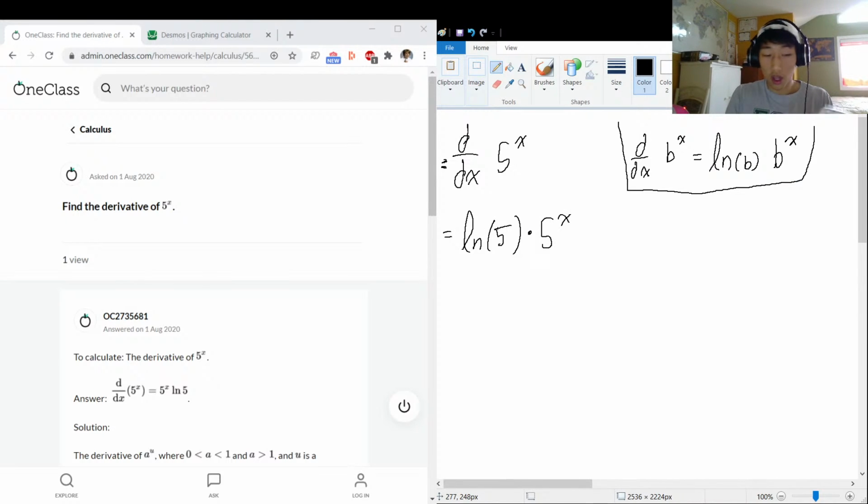And what is the natural logarithm of 5? Pulling out my calculator to find out. Natural log of 5, 1.6094. This is about equal to, because typically you want to leave it like this so that it's more exact, but the approximated answer is 1.6094 multiplied by 5 to the power of x,